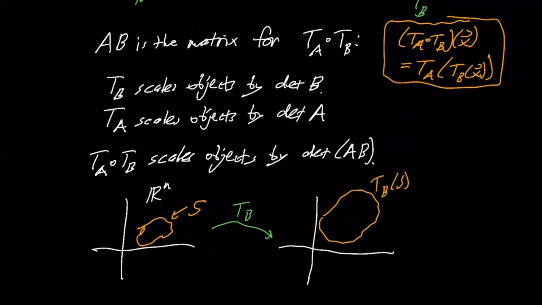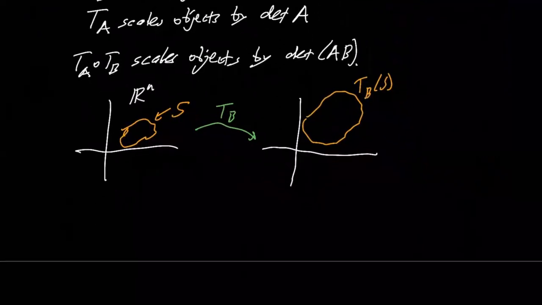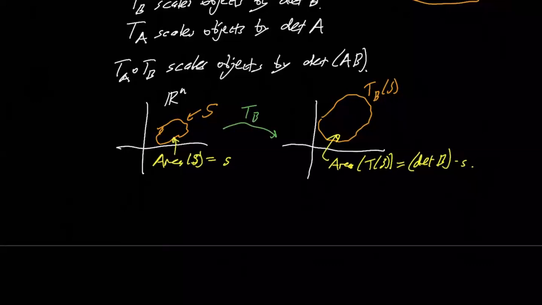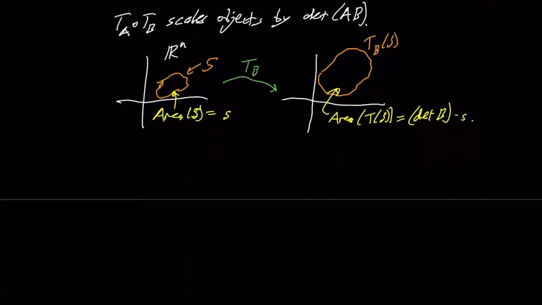And this has area. If the area of S is, let's call that little s, then the area of T sub B of S is the determinant of B times little s, right? And then if we now apply T sub A,